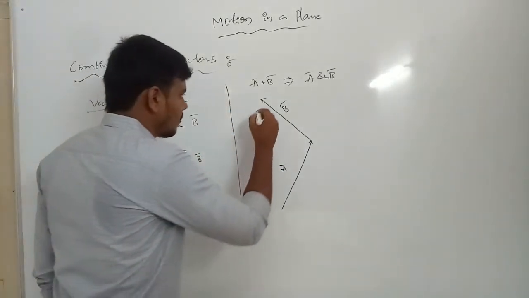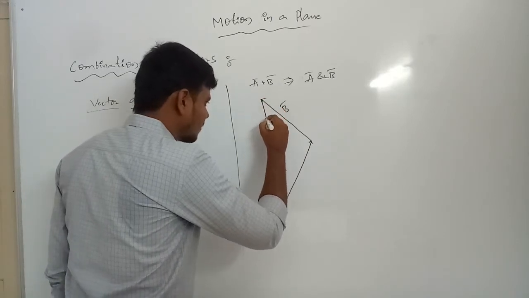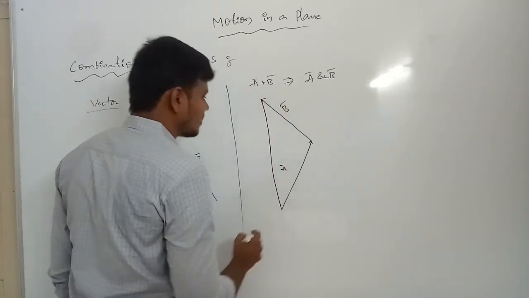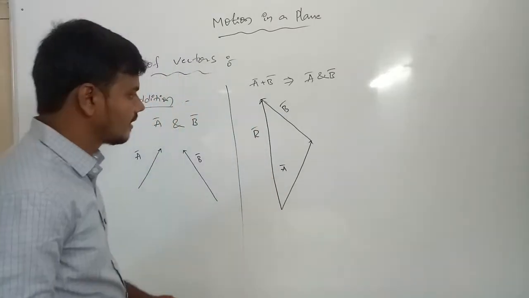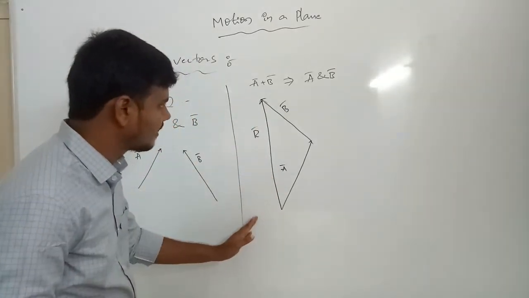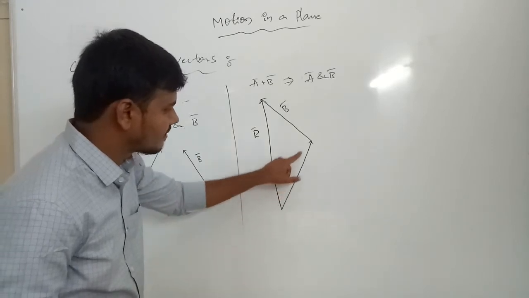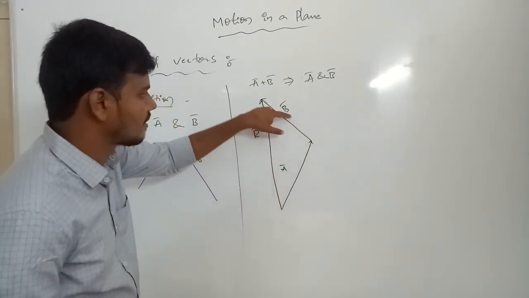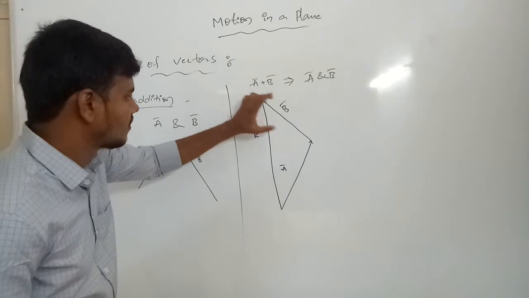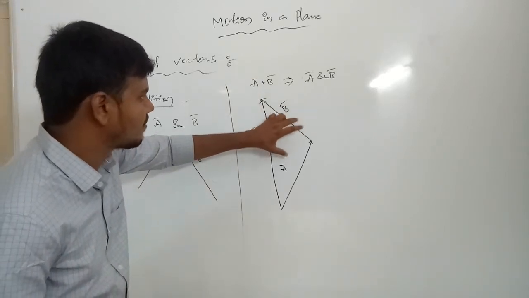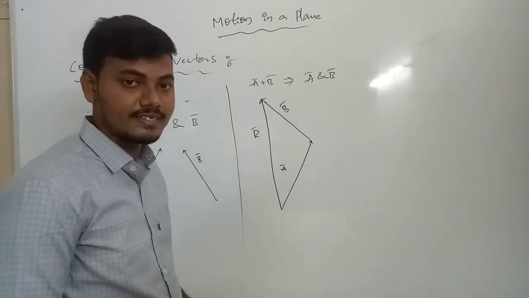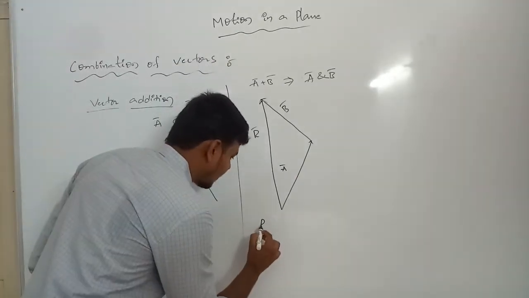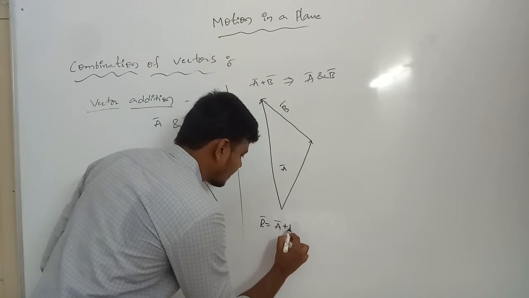Clear? Now, the total one, this one. This is the R bar. Clear? This is the diagonal property. The diagonal is introduced into A bar is the first station of the position, B bar is the second position of the station, and the total we are introducing to A bar plus B bar is equals to R bar. R means relative, R means resultant. Okay, the resultant R bar is equals to A bar plus B bar.